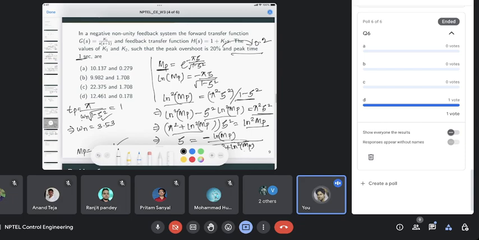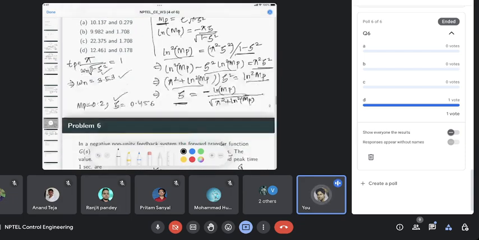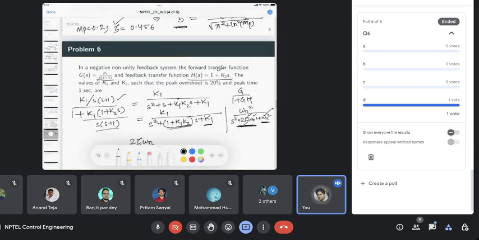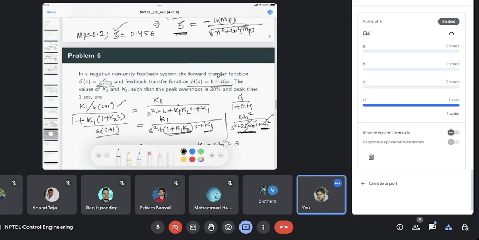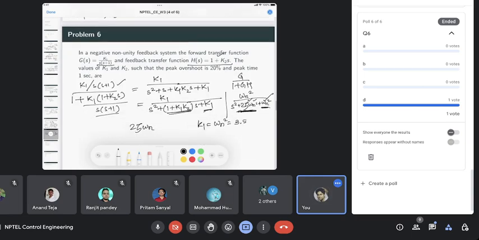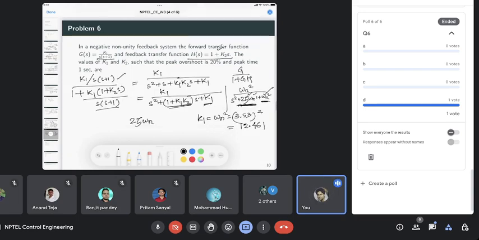Once you find this omega n, then you have k1 equal to omega n square, so it is 3.53 square, which is 12 point something, 461. And once you have k1,